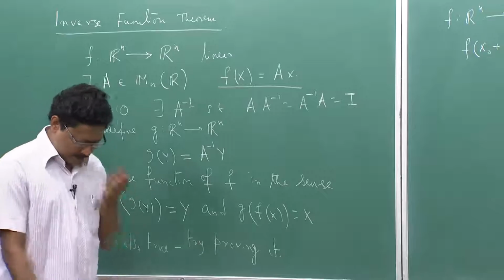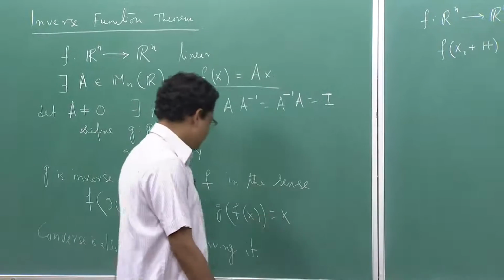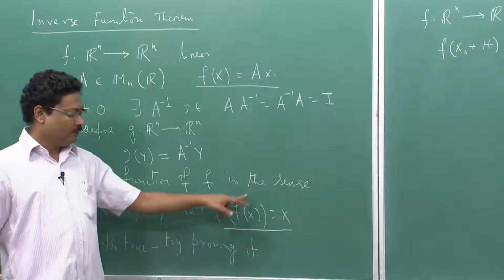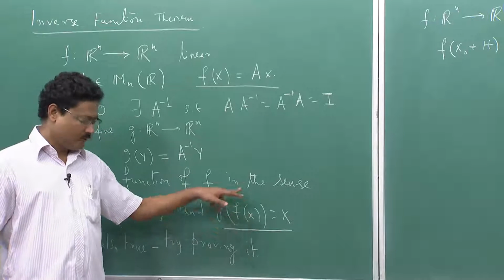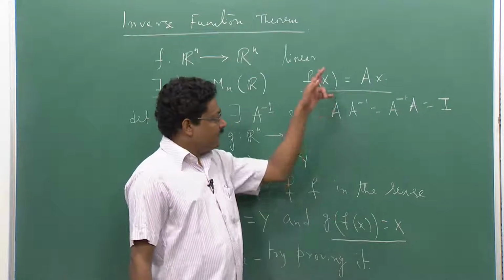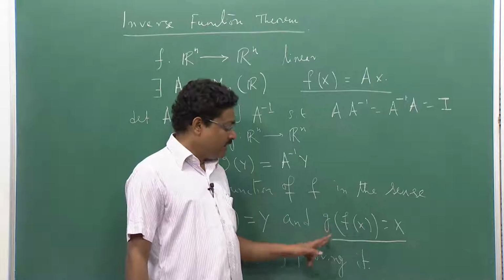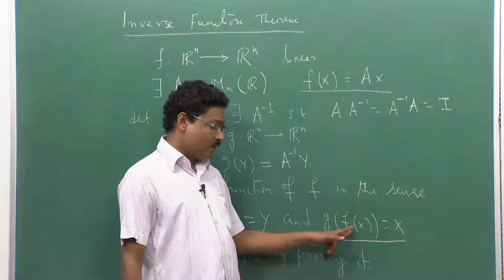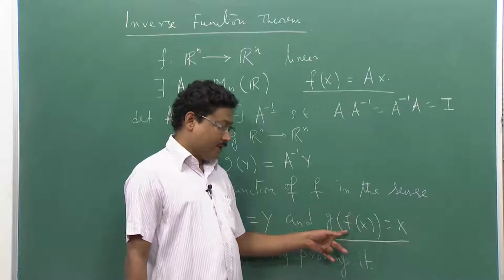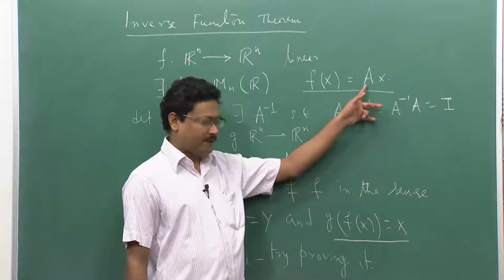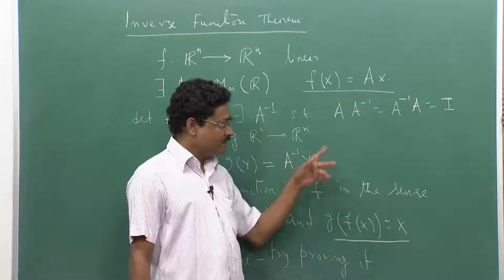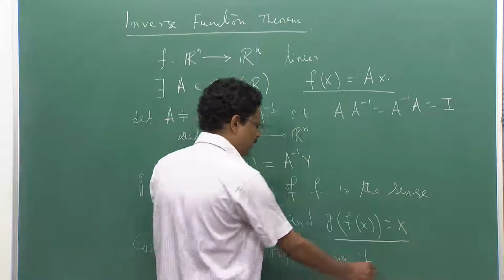It looks obvious, but it is not that obvious. You have to apply the chain rule here, which gives you the derivative of g at f of x composed with the derivative of f at x equal to the identity. But the derivative of f at x is A, so the derivative of g at f of x will be the inverse of the derivative of f, that is, the inverse of A. But A is linear, so if a linear operator has an inverse, any inverse, it has to be linear again. That fact needs to be used, so be careful while proving it.